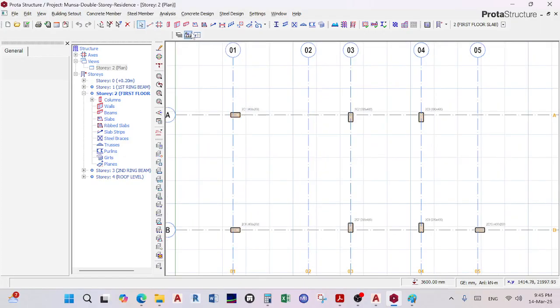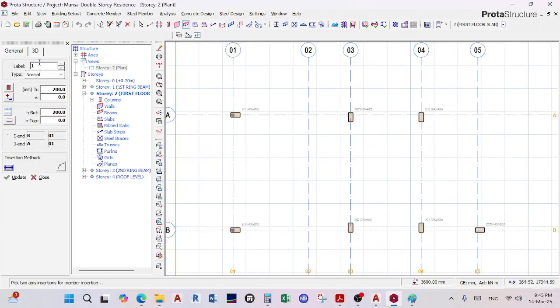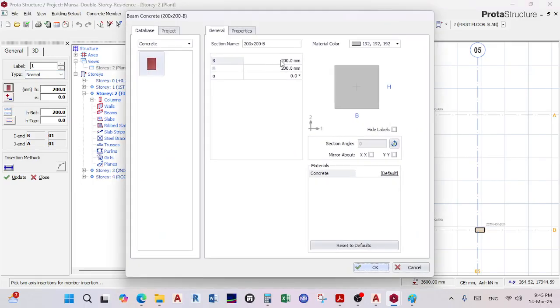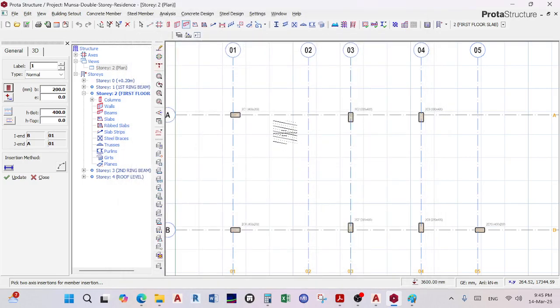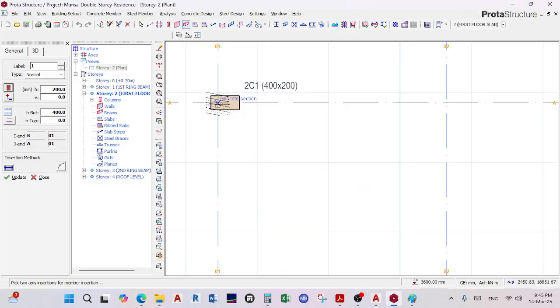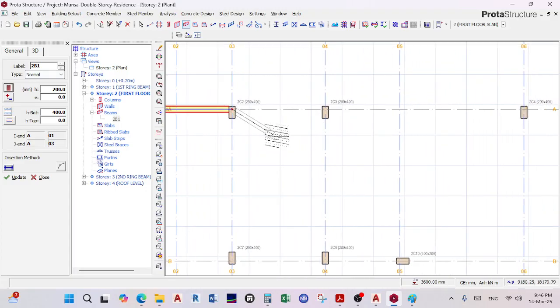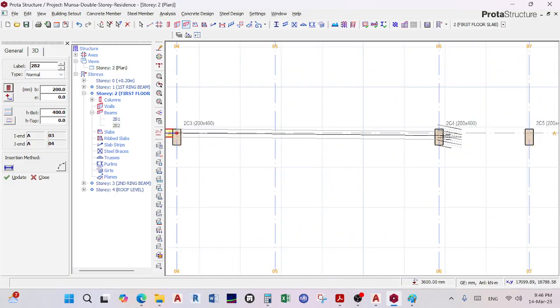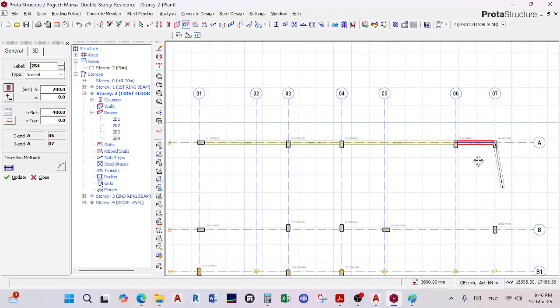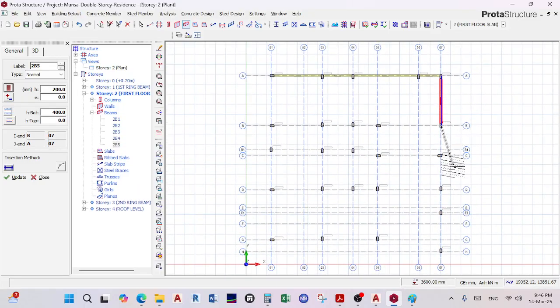What that means is I'll go to my beam and then I'll change the orientation. I'll say I would like a 200 wide to meet the 200 column and 400 depth. And I'll say okay. And then I'll start running from there to there. If I would like, for other extra things, if I would like it to be centric, or my I to be raised or my J to be raised, you can go to this properties thing. But for this session, it's really just simple, nothing too sophisticated,